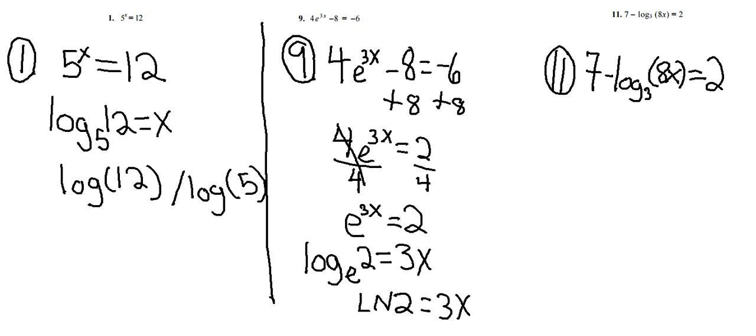Alright, the last problem we're going to look at before some notes, I guess, is number 7. Again, you want to get the log by itself this time. Here we had an exponent, here we have a log. So we want to get the log by itself. So the first thing we're going to do is subtract 7 on both sides. 7 is not part of the log. So we get